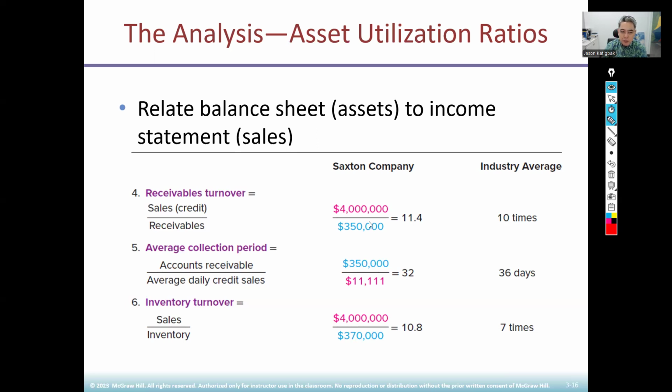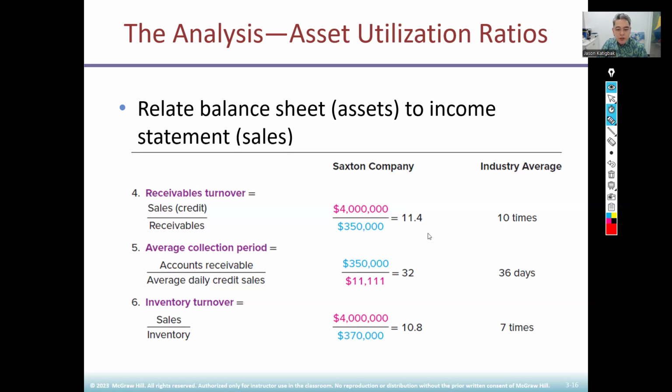So why did I say monthly? Because remember, this is actually yearly, right? Sales is for one year, say January to December, one whole year. And receivables is the balance sheet as of December 31, 2021. So that's at a point in time, as of a point in time, and then sales is for a period of time. So this one can be expressed in months. So almost every month you collected, almost because it's not completely 12, right? You collected